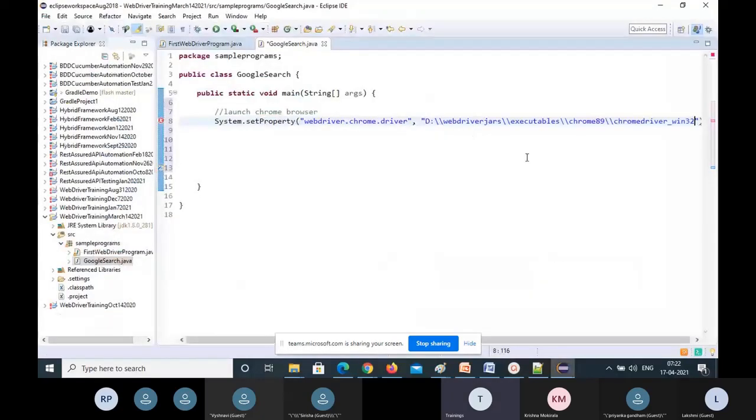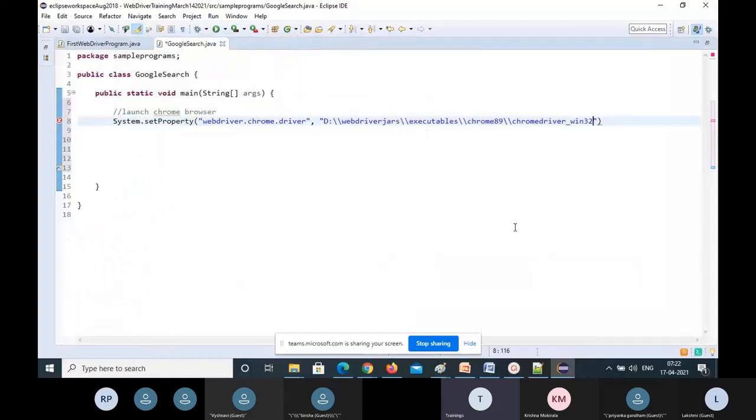I'm giving that exe file. I'll expand so that you can see the complete line. Till the folder, but you also have to give the file name chromedriver.exe. The file also you have to specify.